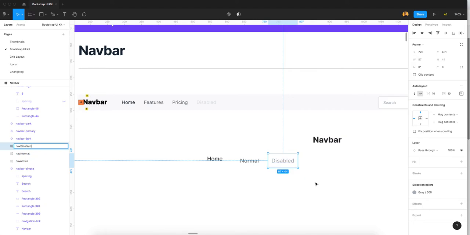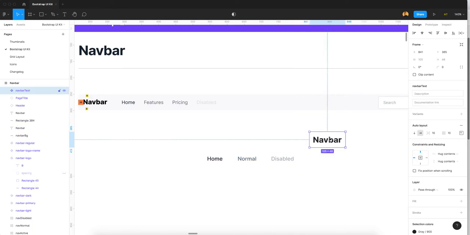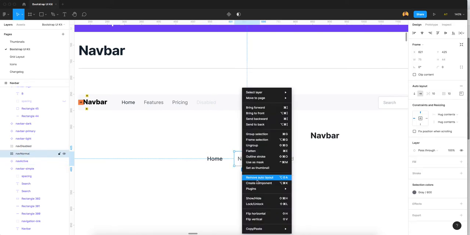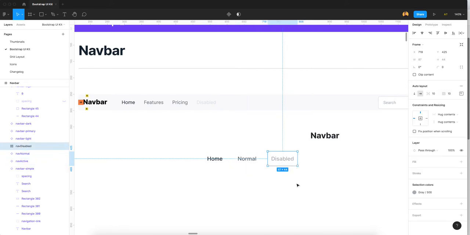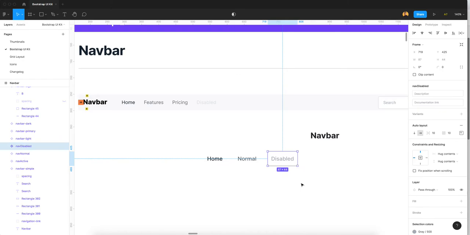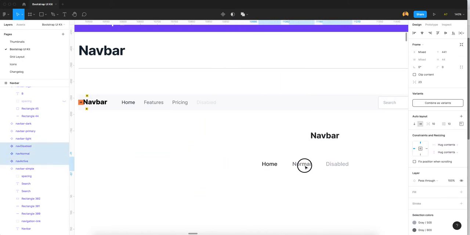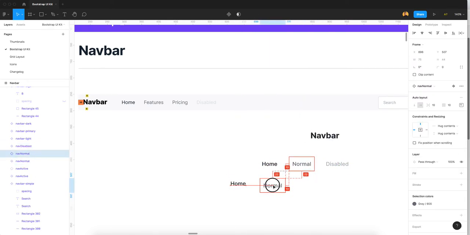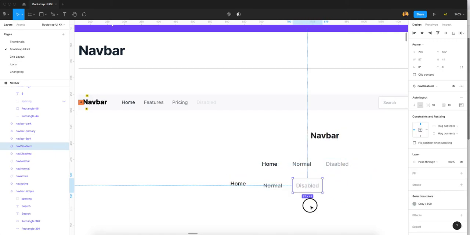Now we need to convert these three into components. As I created the navbar text, I convert this into a component, this into a component, this into a component. These three we converted into components because we need to create one complete nav of navigation. So we just duplicate this and duplicate this.